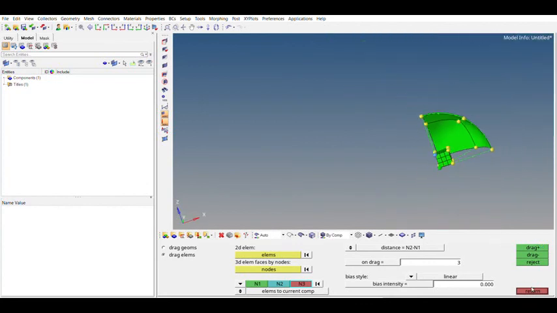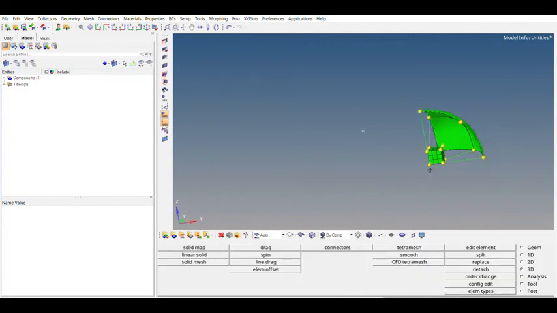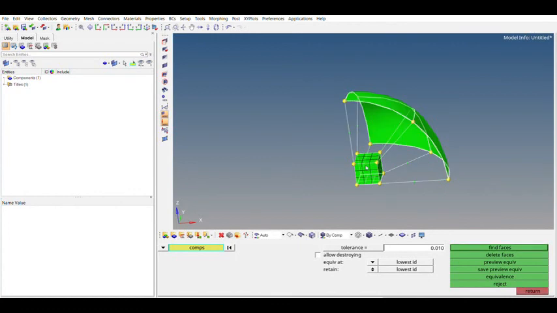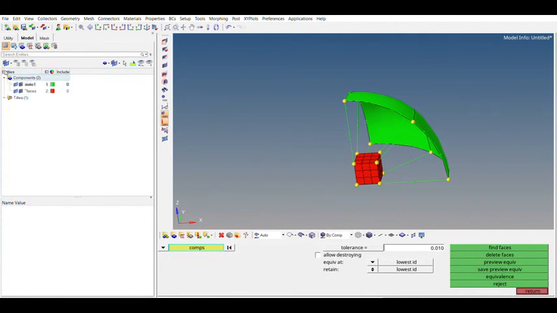Now what else I will be needing are the 2D faces. These all are the 3D elements. I do need 2D elements for the solid mapping. I will create a 2D element on each face. I will go into tools, faces. Faces will create 2D elements in the face component. I will search in the component and click on find faces. So I can see the face component is being created with the 2D elements in it.